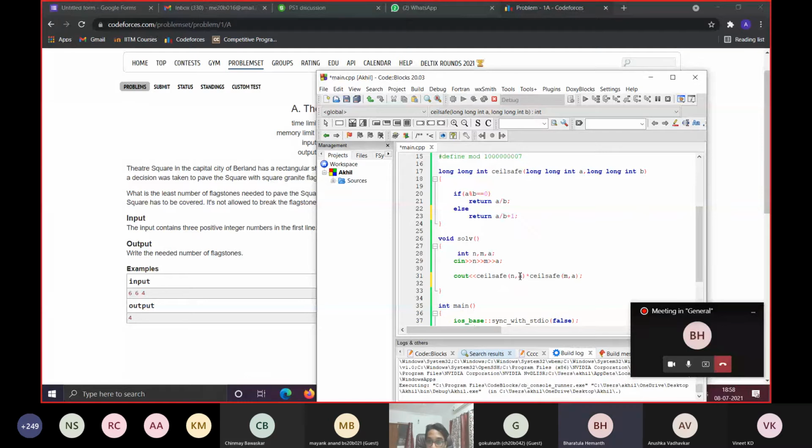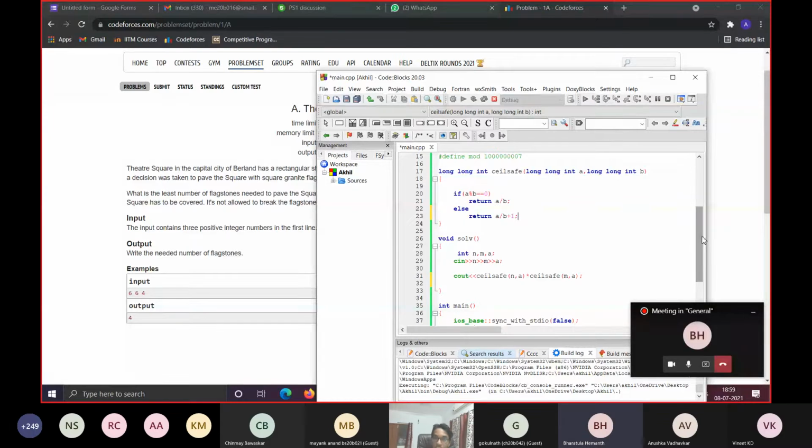You actually wrote the ceil function. You named it ceil-safe. No, I have used the cmath ceil function. There is a function in C++ called ceil directly. Yeah, that's what I was talking about. That's what I used. So, will there be any difference between using that and using these if else statements? Firstly, just out of curiosity, did your answer match? Yeah. So the ceil function worked for you.